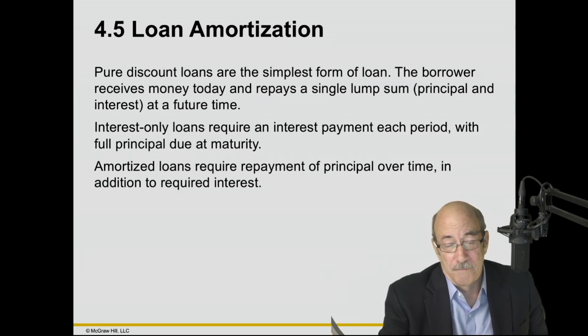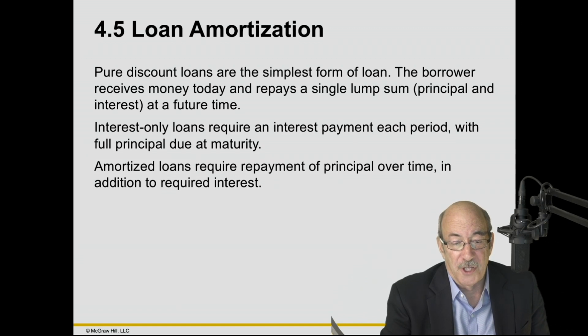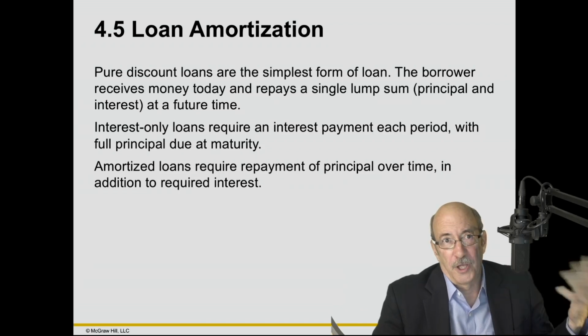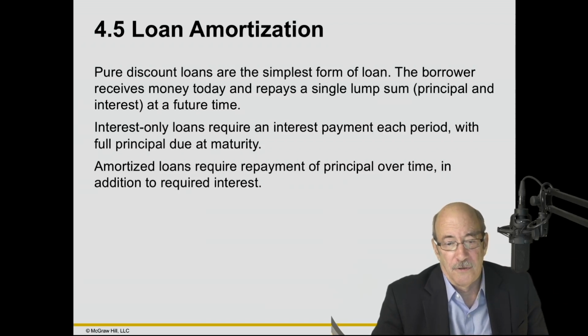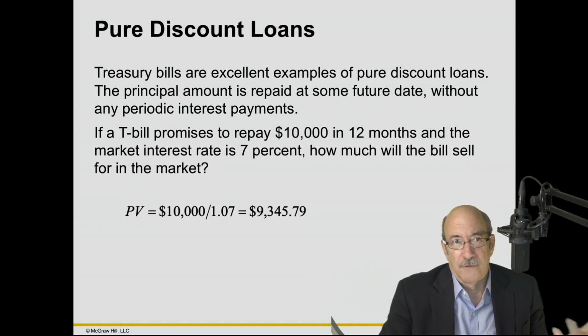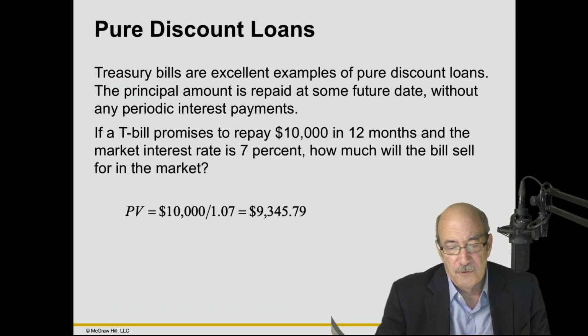So think about it. Now, there are other types of amortized loans too. A pure discount loan even falls into that category, where we borrow $1,000 and then at the end of the term we have to pay back $1,000 plus whatever the interest is on that loan. Here's an example of a pure discount loan, and that's usually the case on something like a T-bill. The government doesn't want to have to mess with everything on a monthly basis or pay coupons out. So what they say is, look,